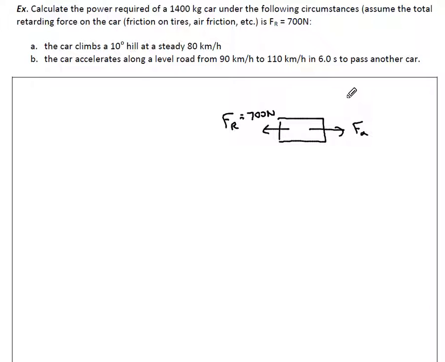Before we start, we actually need to find out the distance, because work is force times distance. So say V final is equal to V initial plus acceleration times time. So you see acceleration is equal to V final minus V initial over time. So we need to convert 90 kilometers per hour and 110 kilometers per hour to meters per second. So we divide those each by 3.6. You get